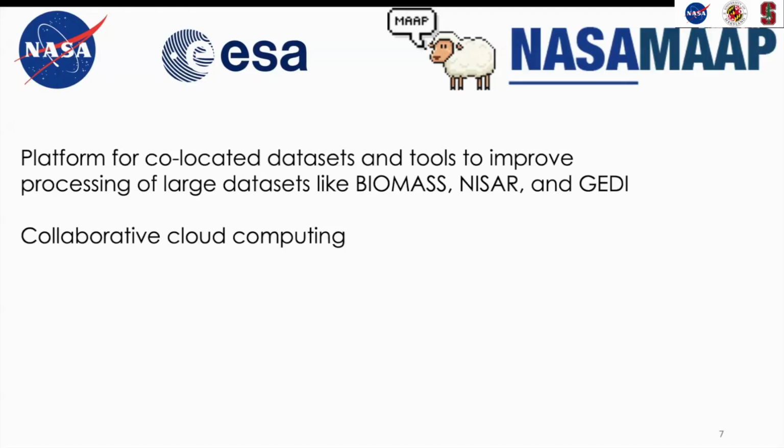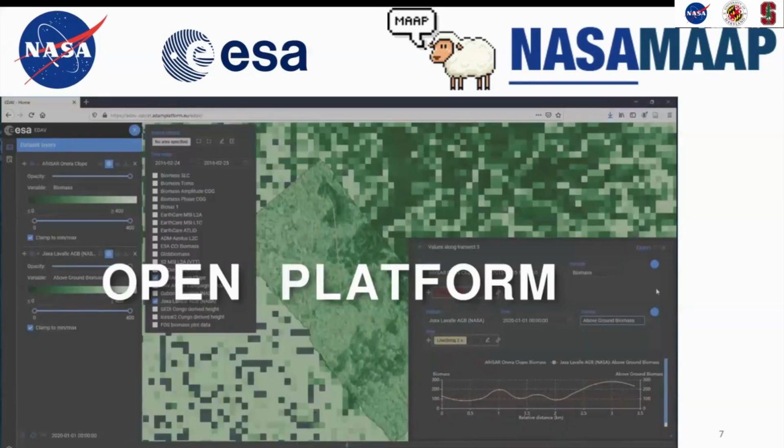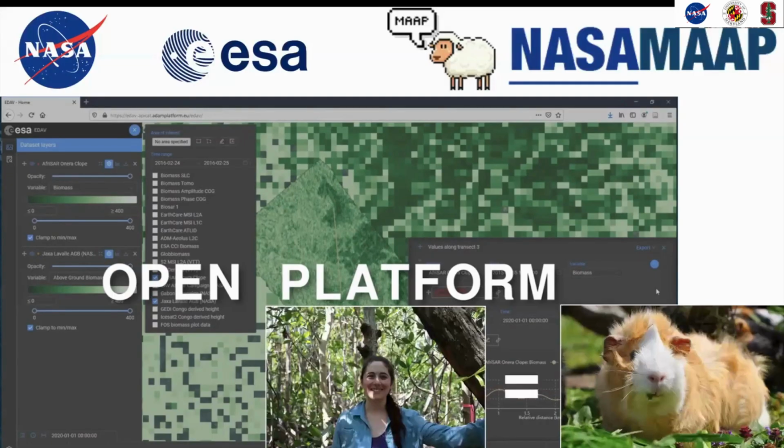This includes the biomass data set that will be available on the MAP, NISAR, and JEDI. This is a collaborative cloud computing software. If you haven't seen the platform before, it looks like this from the ESA side of things. The NASA side looks a little bit different. And I've been working with the developers of this platform to improve its accessibility, its usability. This does mean that because I started working with it a couple of years ago, I was one of the guinea pigs on the project, but the developers of the MAP platform have been incredible to work with